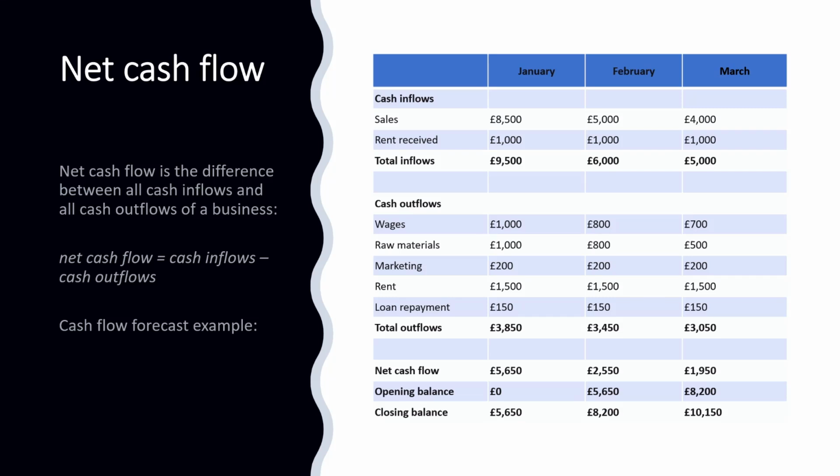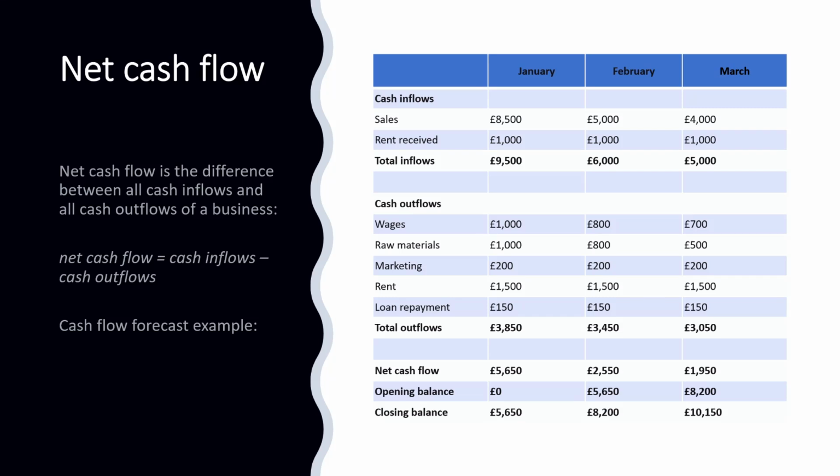If we then go down a bit, we can see cash outflows. These are wages, raw materials, marketing, rent, and loan repayment. If we add up all these figures, we get our total outflows, which total up to £3,850 for January. Below that, we have our net cash flow. Now, this is the total inflows minus the total outflows. So we take the £9,500 and deduct £3,850 from that, and we are left with our net cash flow of